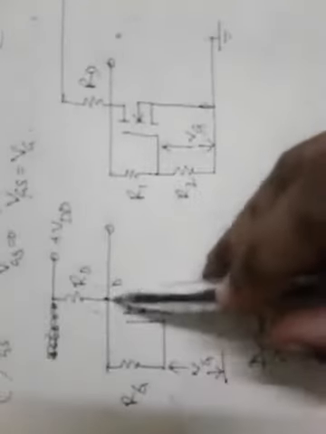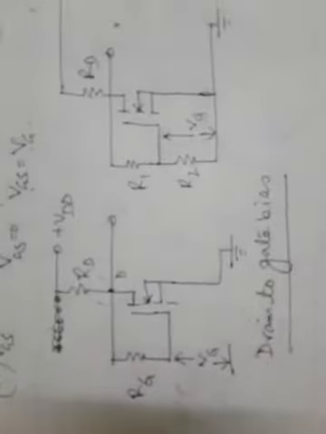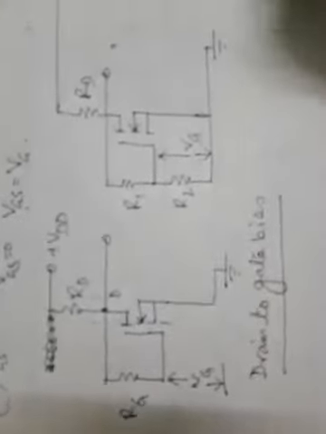That's why it is drain to gate bias, and from this drain terminal voltage VD, using this RG, VG can be derived, and that is the biasing voltage applied between gate and source. Source is directly grounded. And this technique, the right one, is drain to gate bias